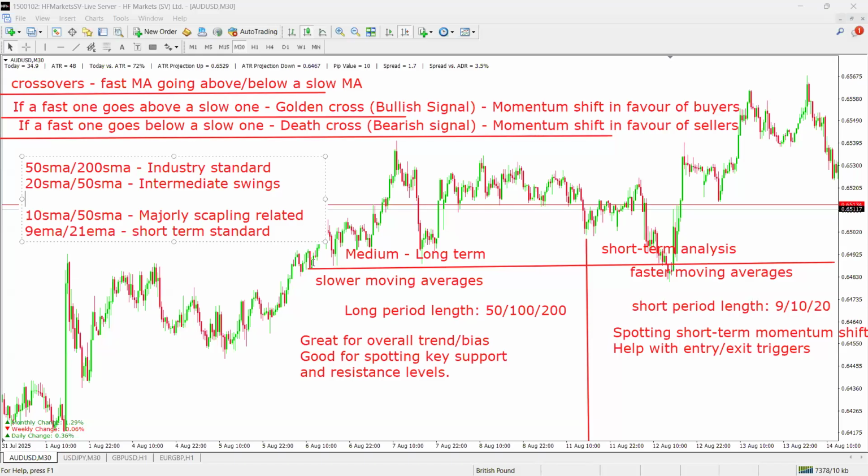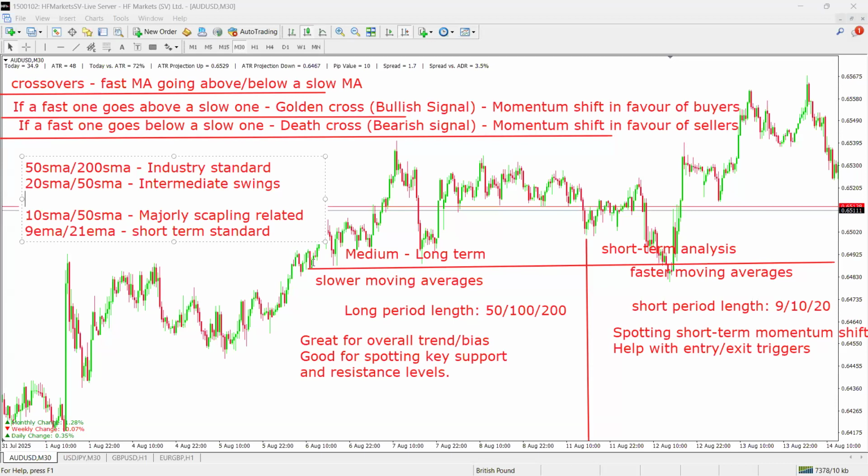The slower ones are of longer period lengths. The 50s, the 100s, the 200s are of really longer periods in the market, and naturally they are good for overall trend or biases in the market, and they can also provide strong levels of support and resistance. Good and very strong levels of support and resistance can be found on the slower moving averages, but we also have the faster moving averages, that are short term, that are necessary for entry and exit triggers in the market,